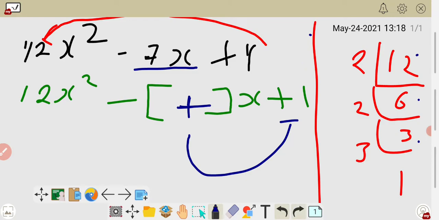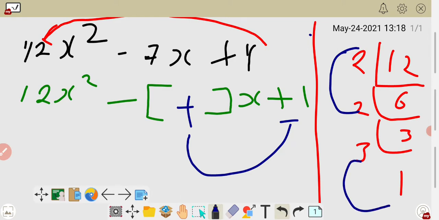Now the next step I am going to explain, just look carefully. Now what you do, you have to arrange the factors that I have written at that side, 2 2 3, such that when you add you get 7. So 2 2s are 4 and 3 1s are 3. When you add, what do you get here? 7. Add means whatever sign comes here, you have to do the same here. If it becomes minus here, you have to subtract here.